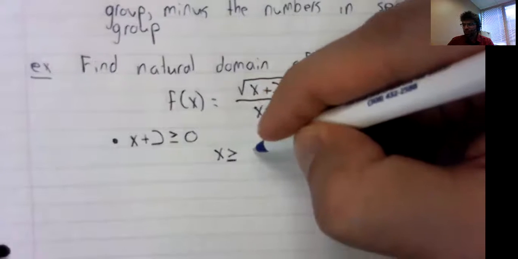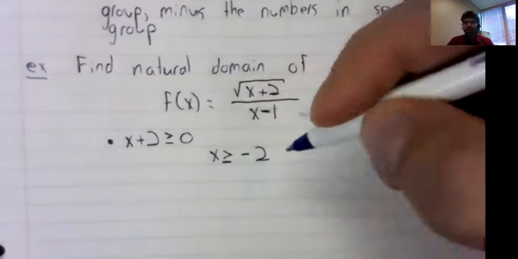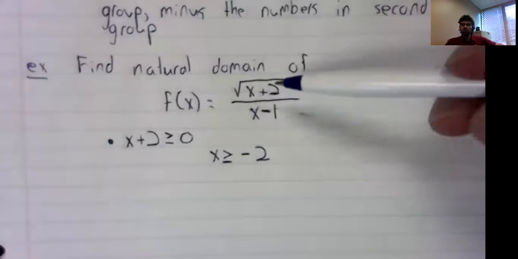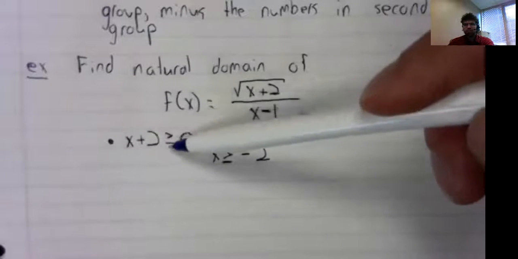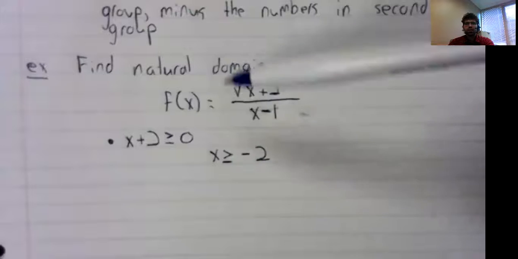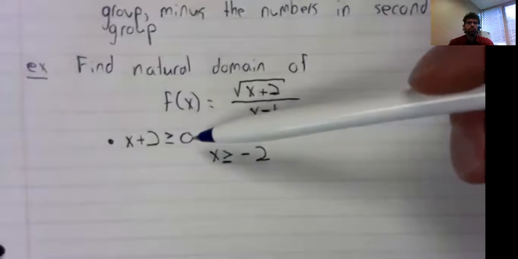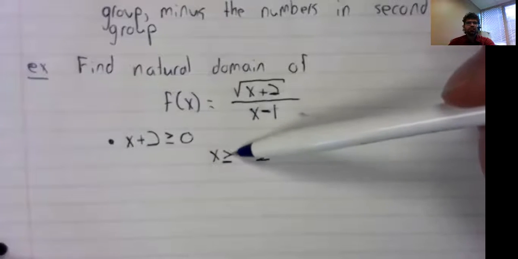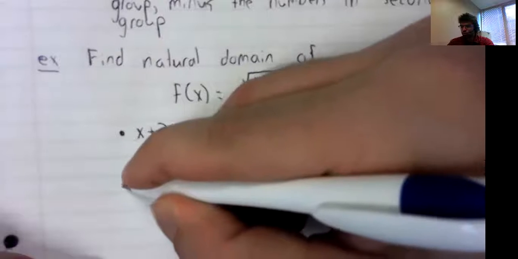And this, I suppose, could potentially be difficult if we had something complicated under the square root and it gave us a difficult to solve inequality. But this we can deal with easily enough. Just subtract 2 from both sides. So x is the numbers greater than or equal to negative 2,